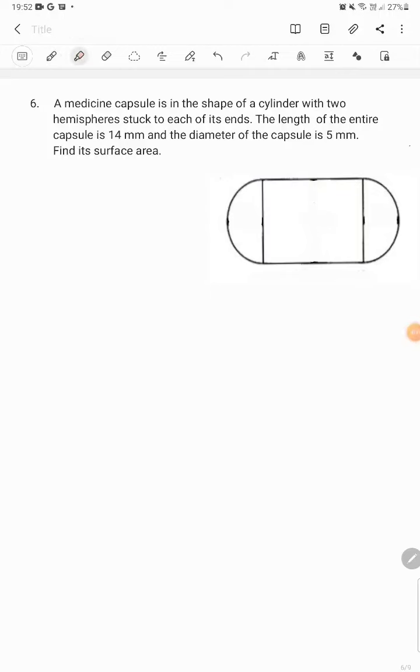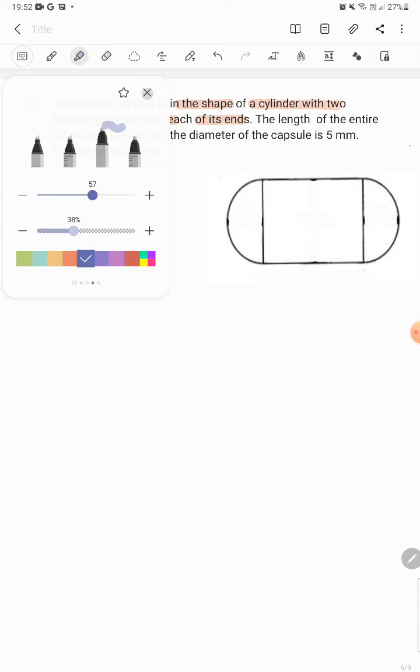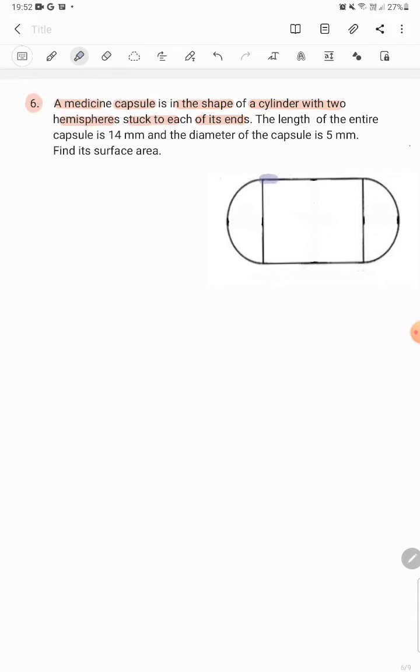Exercise number 13.1, question number 6. A medicine capsule is in the shape of a cylinder with two hemispheres stuck to each of its ends. So here this is saying that a capsule, a medicine capsule, is in the shape of